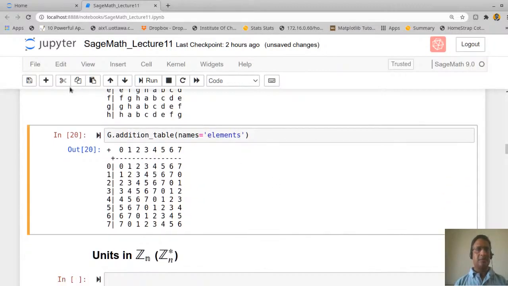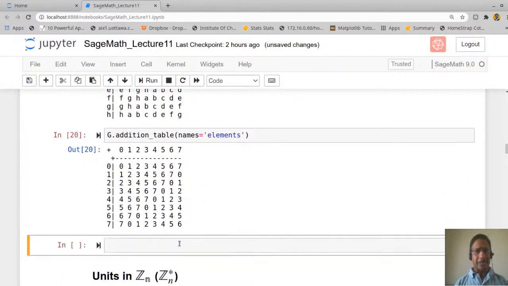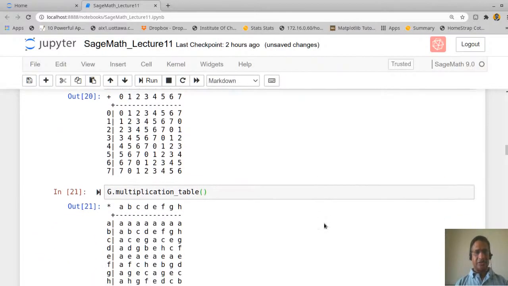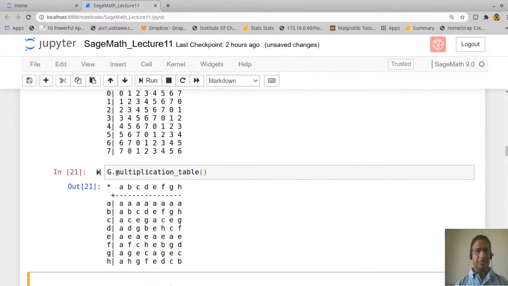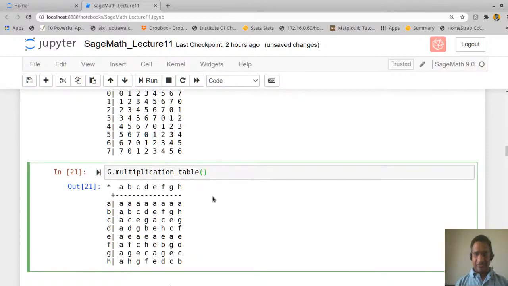You can also print the multiplication table. For example, if I say g dot multiplication table, and then names is equal to elements,